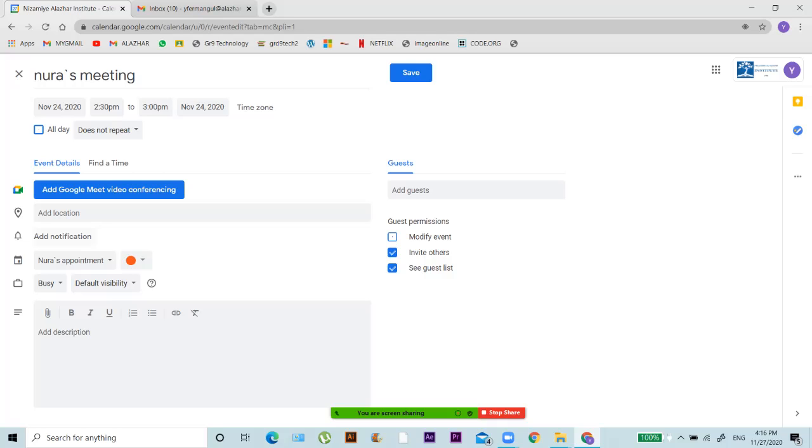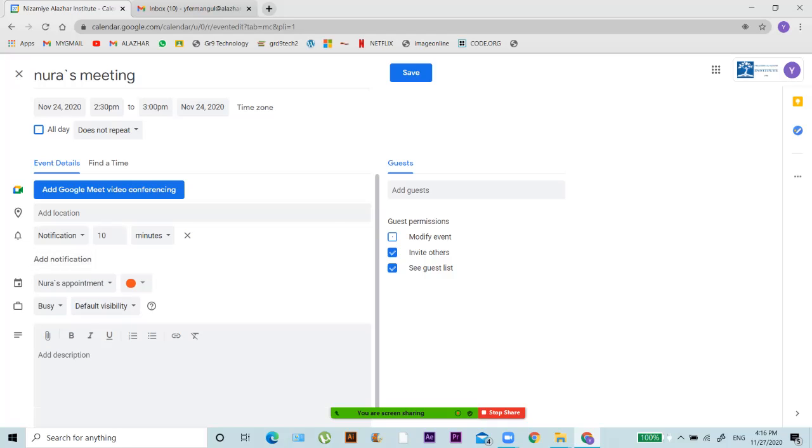Then I'm going to say add notification. By default, it chooses a notification, but if the question says the first one must be an email, then I'm going to change this. Probably it says the email one day before. So I'm going to change this today, right? This is going to be an email. You said one day before. One, right? So this means for this meeting, I will get an email one day before,